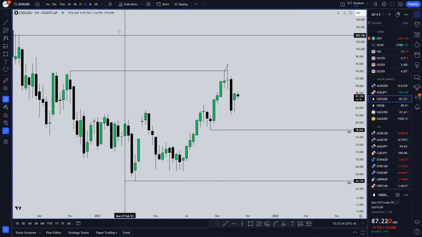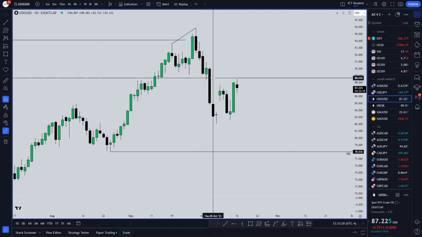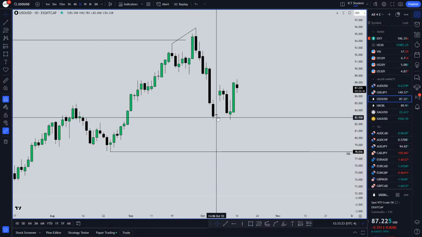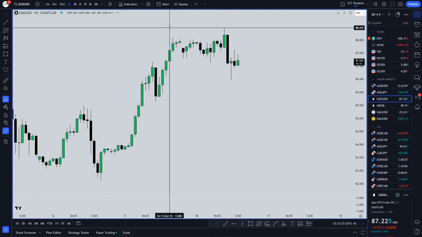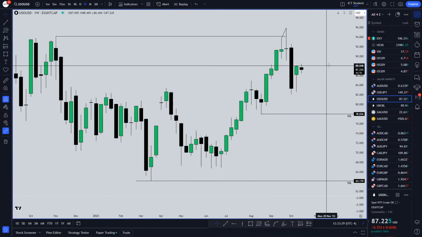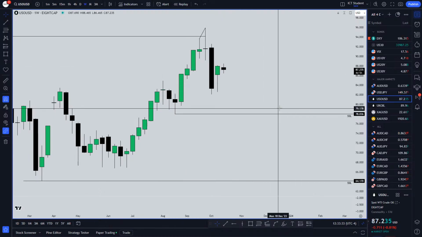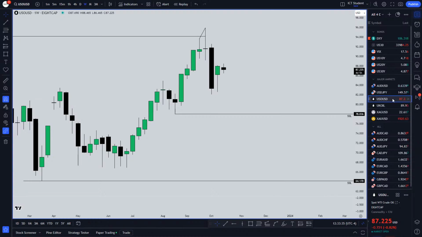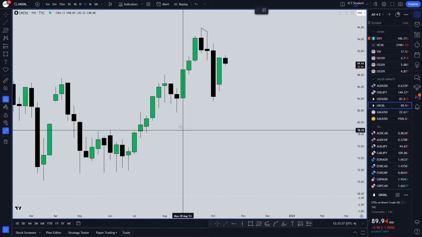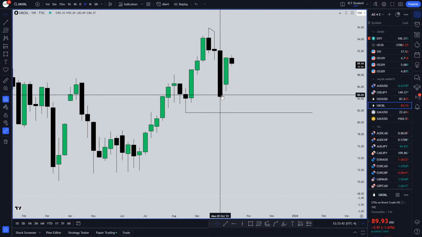And then we have the SMT. Let's see if we can find an imbalance. This is inverse imbalance. We dropped. Market structure shift. We came, retrace. Now it's in a very weird situation. I would have to measure it, but I do want to see it take out these lows and actually do whatever it has to do after that. Same thing for UK oil. Probably these lows right here. Very weird situation how we open up.